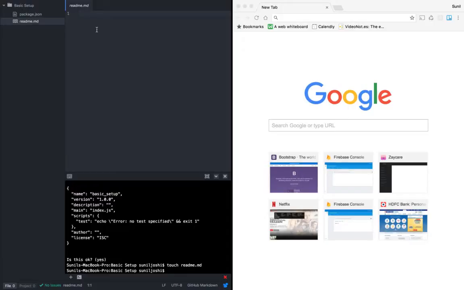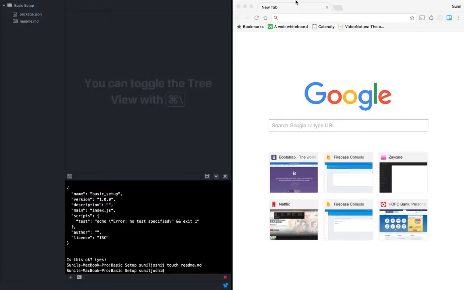So for them to know the installation steps and how to run the project, this is a best practice for any JavaScript project. Right now I'm just going to say it's a basic setup, and as we go ahead we want to fill this file up, once we know our installation steps and how we're going to run this.